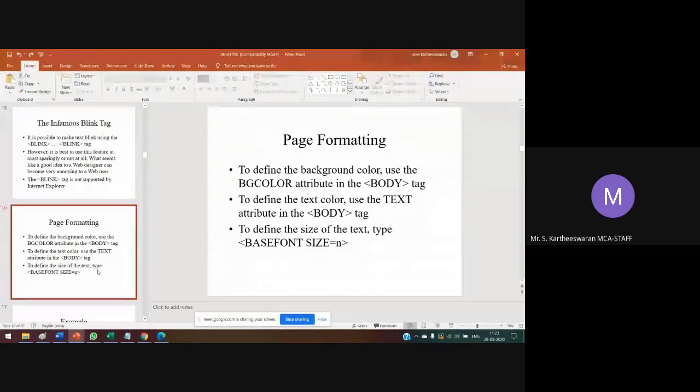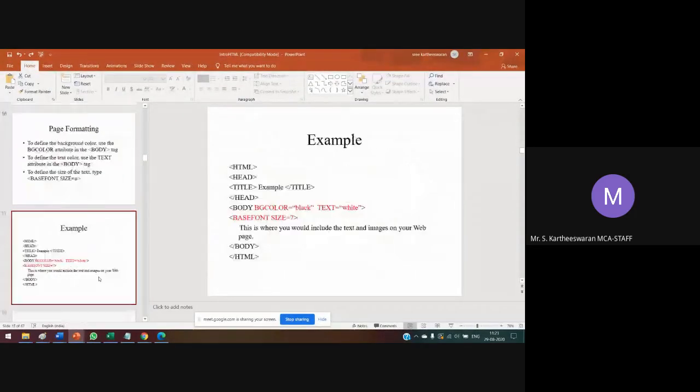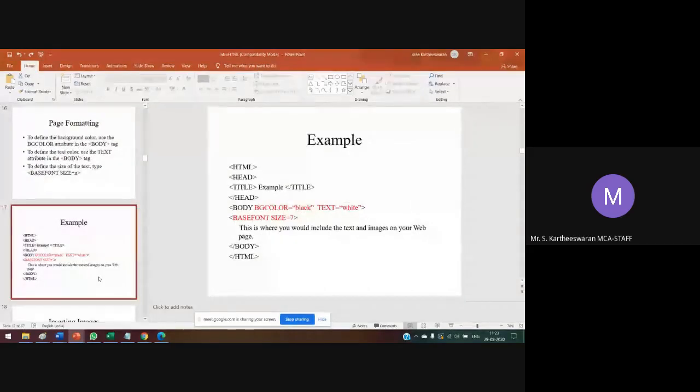Next, we show your own example in HTML. In the example, body BG color is the attribute. The background color is black, the text color is white, and the base font size is equal to 7.